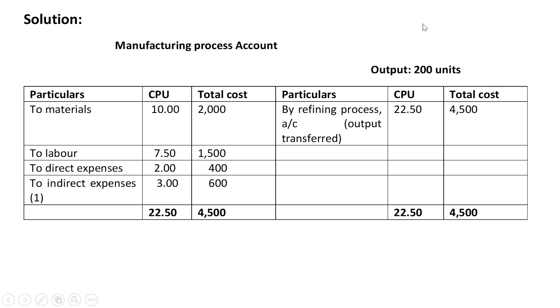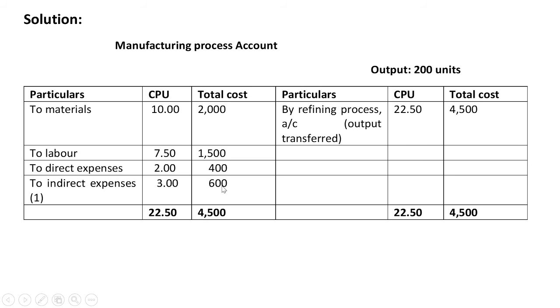Now in this output, if you can see the units, you have 200. So for that you have to calculate here. To materials, they have given you the amount only. This cost per unit we have to calculate. So how we will calculate, that is 2000 divided by 200, you will get 10 rupees. Same thing with labor, again with the direct expenses, and to indirect expenses, that is we have to take the